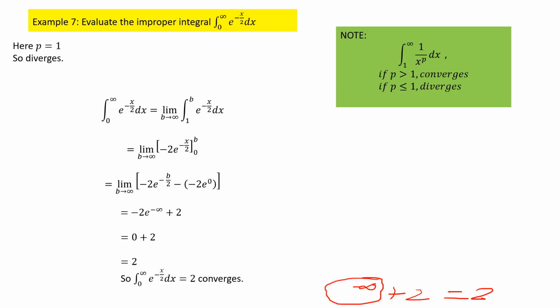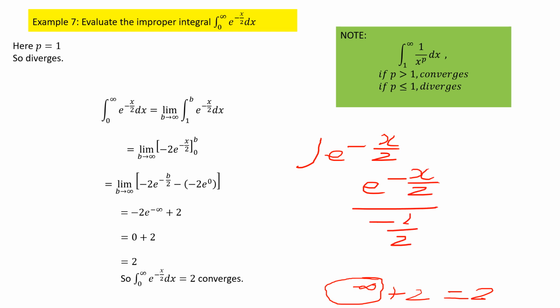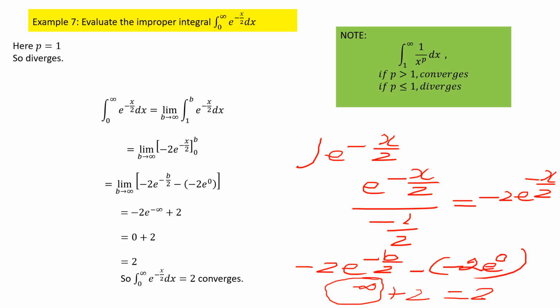Same way, integral 0 to infinity of e to the power minus x by 2. So integration of e power minus x by 2 will give you e power minus x by 2 divided by minus 1 by 2. This I can write as minus 2 times e power minus x by 2. If I apply the upper limit, I will get minus 2 e power minus b by 2, minus the lower limit 0, so this will be e to the power 0. Then finally this b, I will substitute infinity. So I'm getting minus